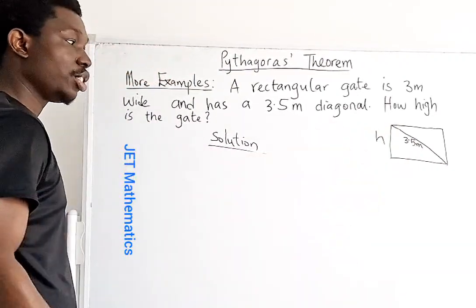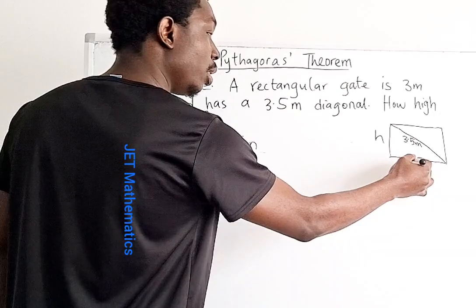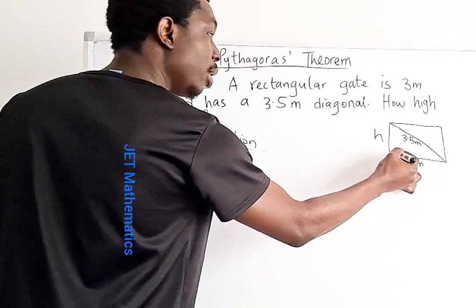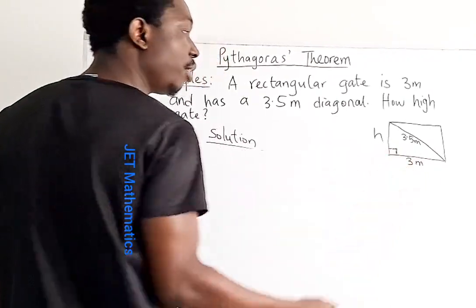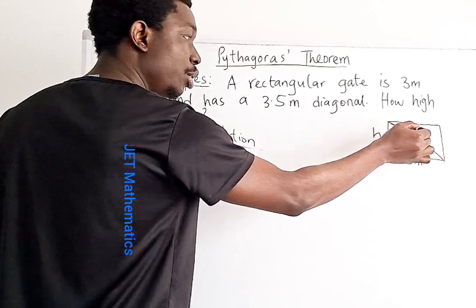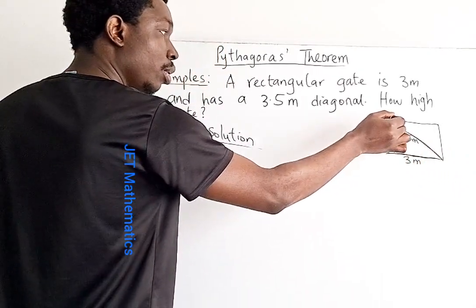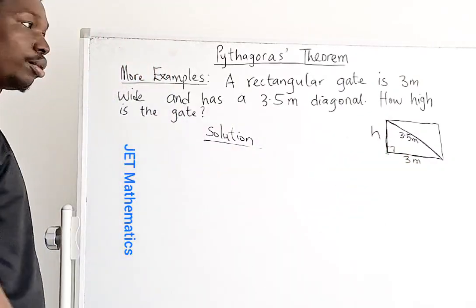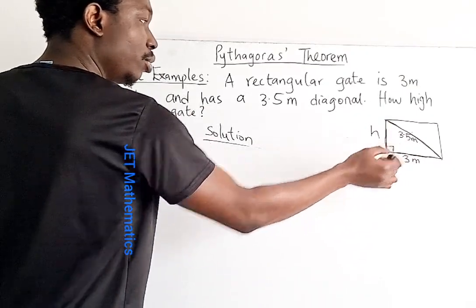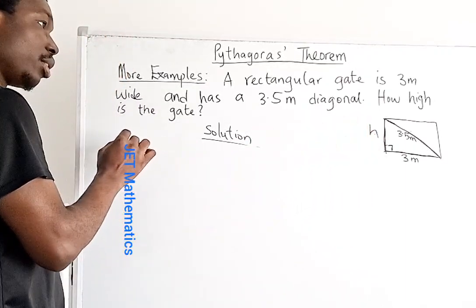So the height of the gate is h, is what we are looking for, and then the width is 3 meter, right? So we can see from here that we are having a right angle triangle formed from this shape like this, okay? You can see a right angle triangle. So this is the hypotenuse, and then this is the other two sides of the right angle triangle. So with this we can conclude from Pythagoras theorem